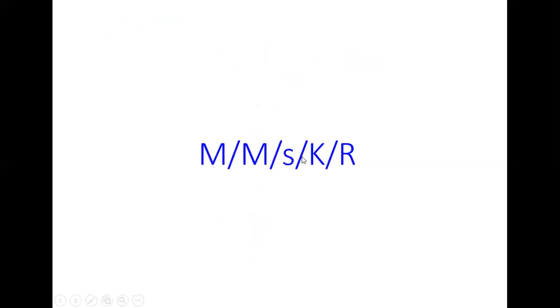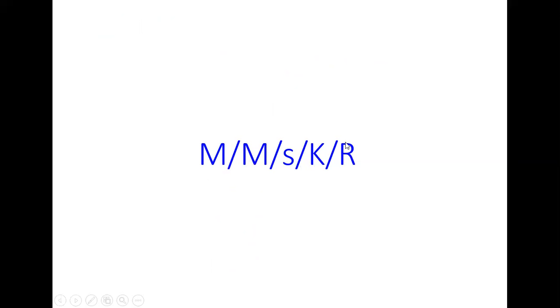Now we'll talk about M/M/s/k/R. Before that, M/M/s/k has a finite buffer.